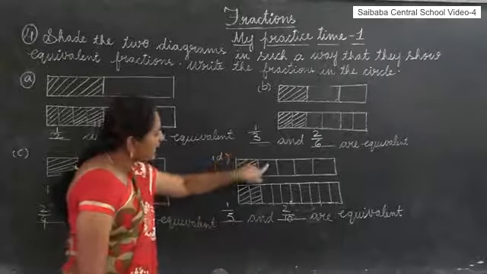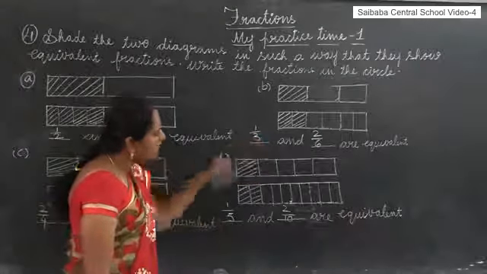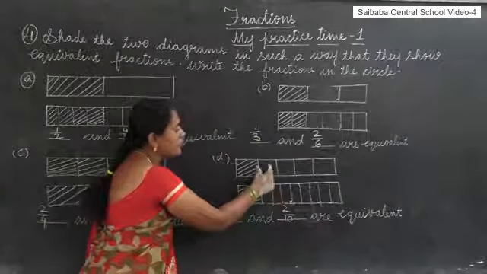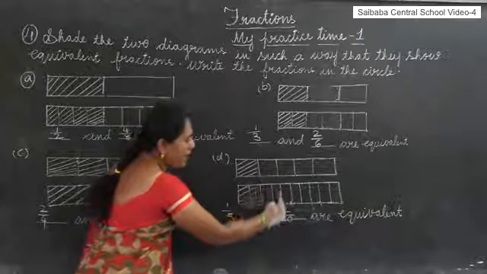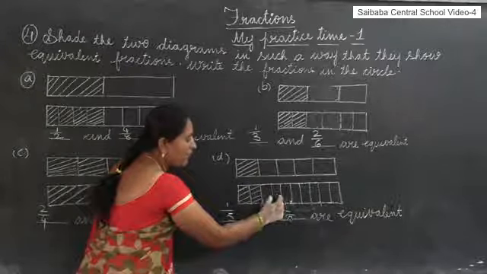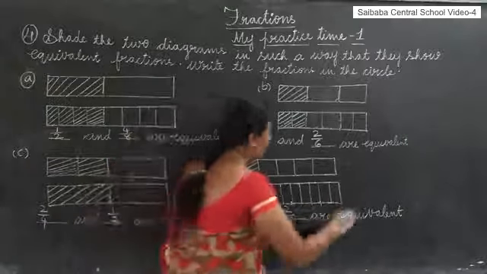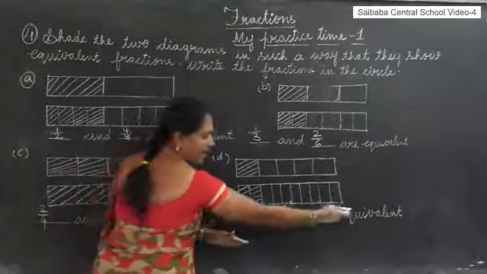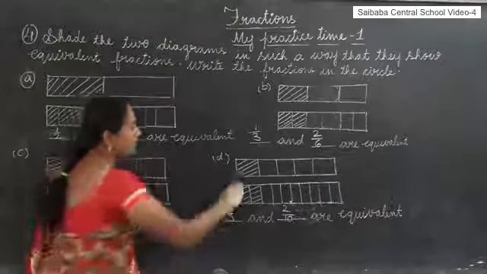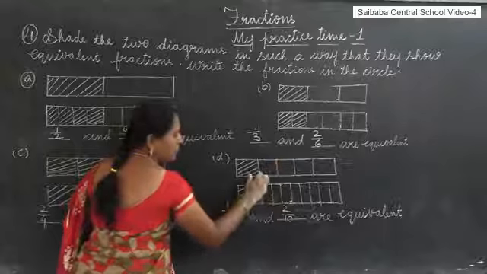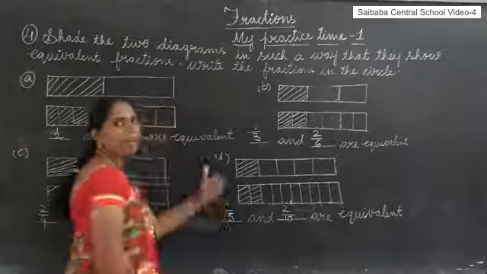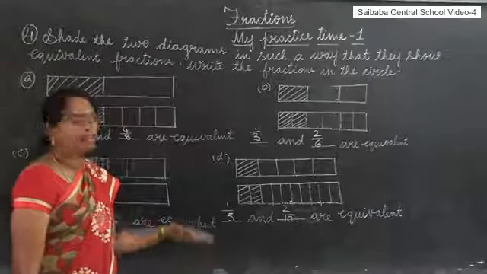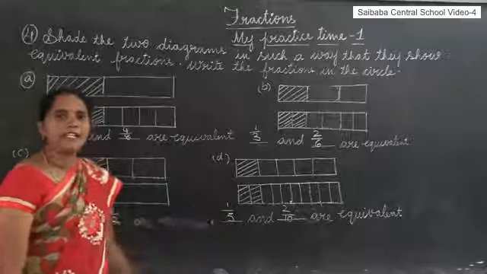Now, if you shade 2 parts in this whole, what is the fraction of these shaded parts? Good. 2 by 5. Then, how many do we have to shade here? Good. 4. Then, what is the fraction? 4 by 10. So, you can write that 2 by 5 and 4 by 10 are equivalent fractions. Okay. Observe this line. There should be the same area. Such types of fractions are called equivalent fractions. 2 more sums are there. In the same way you have to complete the 2 sums.